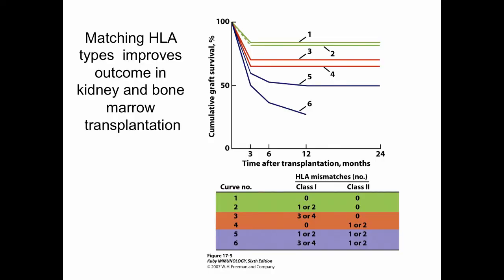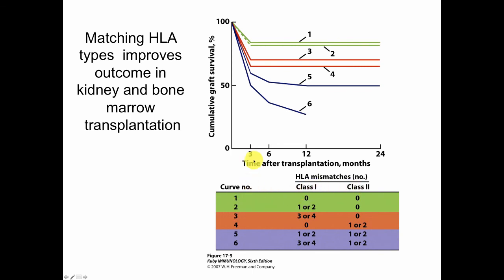The other area where different MHC alleles are clinically important, and people actually test the MHC type of patients, is in transplantation, especially in kidney transplantation and bone marrow transplantation. So this is a slide from large clinical studies looking at the chances of renal graft survival, or how long a kidney transplant will last in a transplant recipient, depending on whether or not they're completely matched at MHC class 1 or MHC class 2, curve number 1, or if they have varying degrees of mismatches for MHC class 1